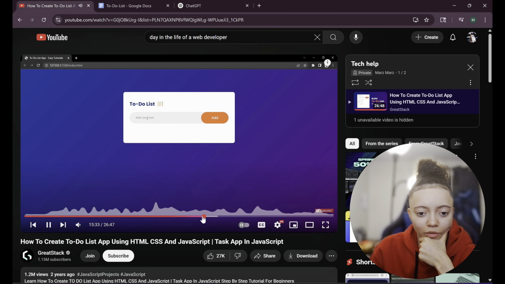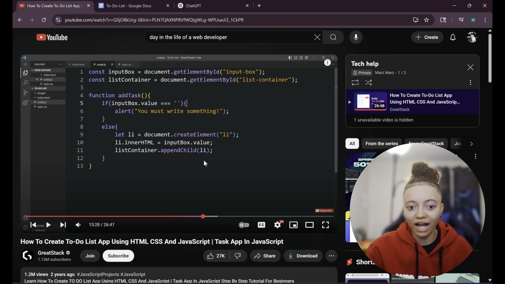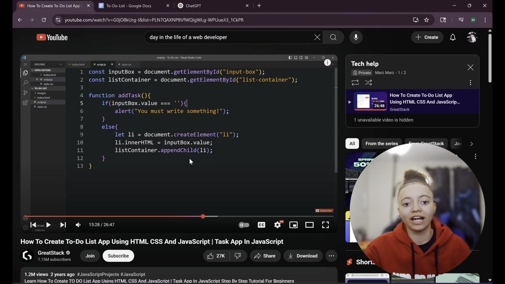But I don't know how you can really say this to understand it, but I think it's saying, but if you were to type something, this is where I get a little bit confused because I don't know how to go line by line here. Like I could tell you exactly this. So it's saying if this input box up here's value is empty, it will alert you that you must write something. So it's not going to go through unless or else